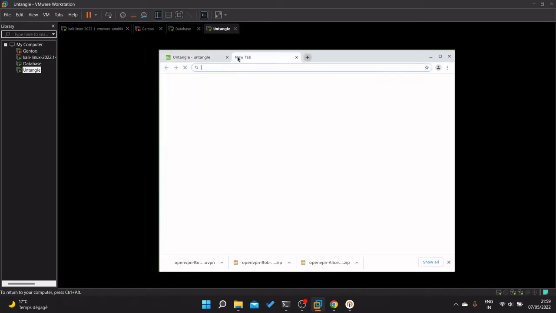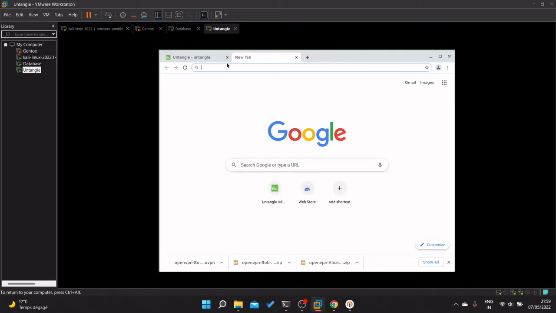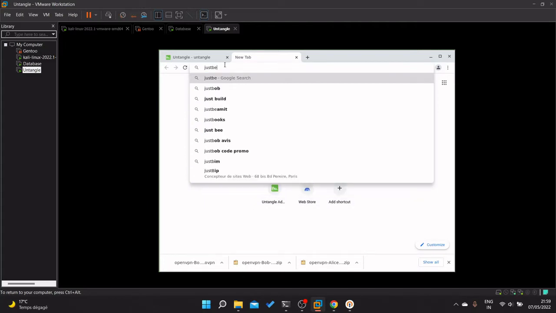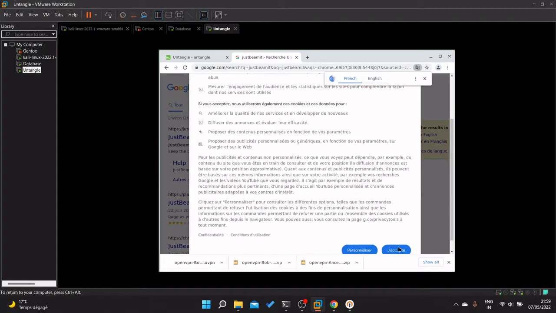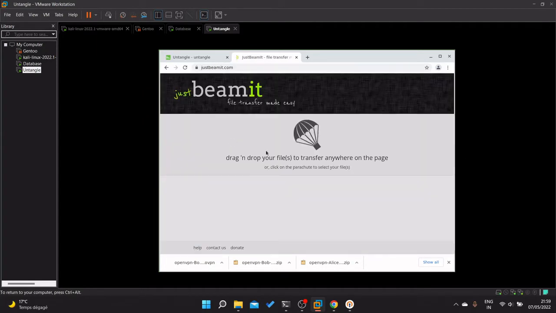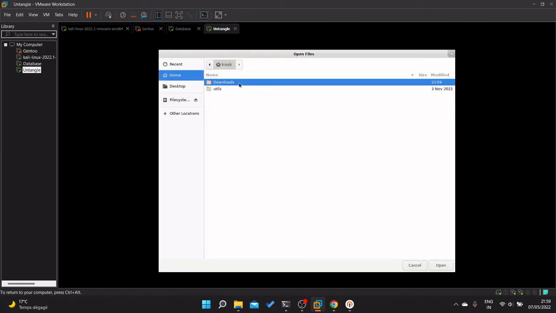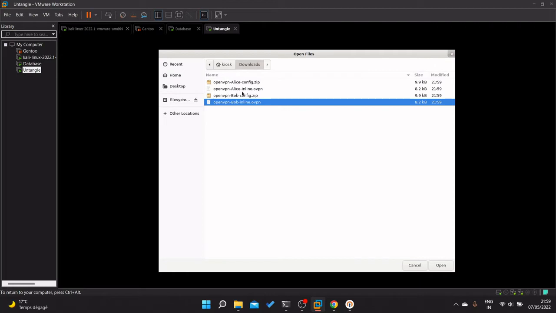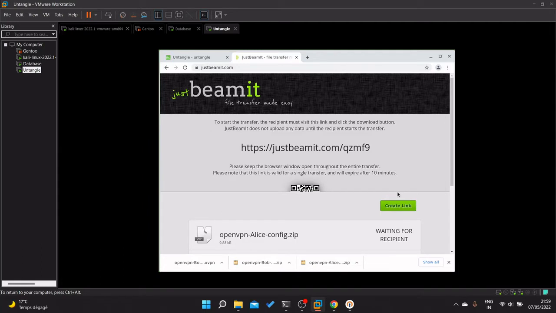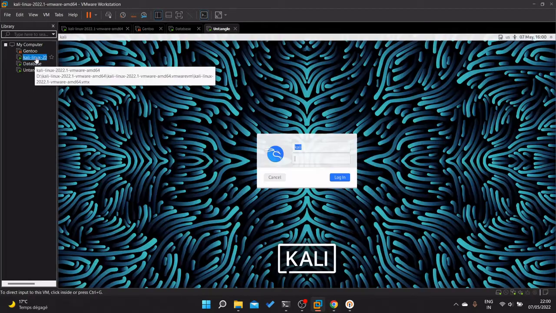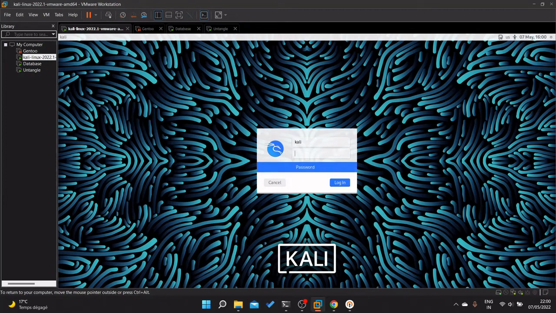Now we need to share these files to our client machines. So hence I'm going to use just Beamit to transfer the certificates. Accept. Transfer. So they are in the details. So let me copy all this and then create a link. QZMF9. Okay. So if I go to the Kali machine, my client machine,